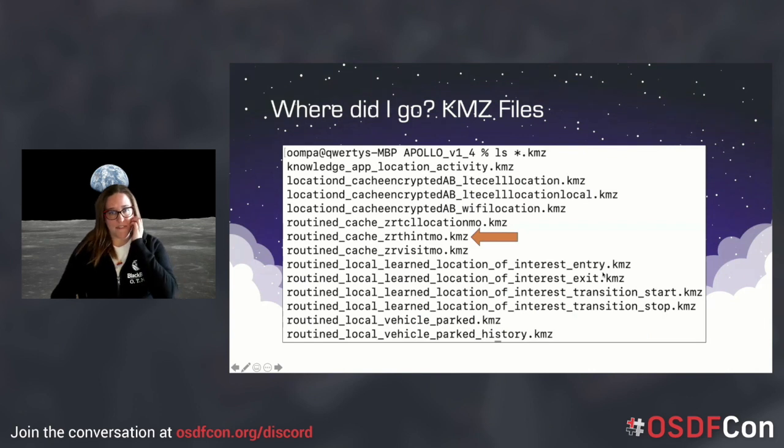Now those KMZ files, again, each one is a different module. Each one has different granularity. Some are more granular than others. Some have a different data retention period. So also keep that in mind. I'm going to specifically look at the routine cache